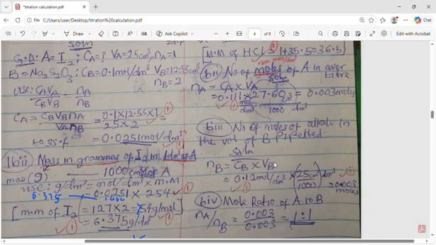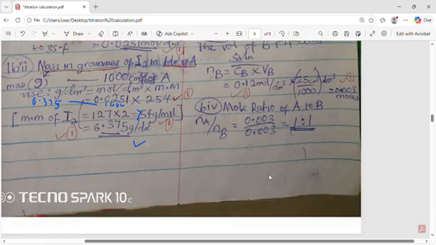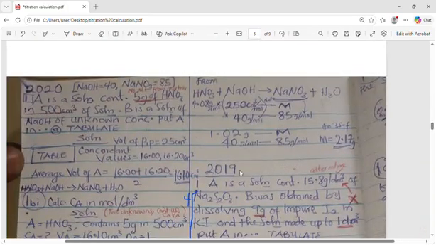The VB is the volume of B, which is always 25, but always remember to convert to dm³, so divide by 1000, so that it can produce moles. You know, the dm³ will just cancel the dm³ of the moles per dm³. Then finally, now say what is the mole ratio? That means the two answers that you got in the previous one, divide them, use it to get your mole ratio. Then 2020 says A is a solution containing 5 grams of HNO3 in 500 cm³ of solution,